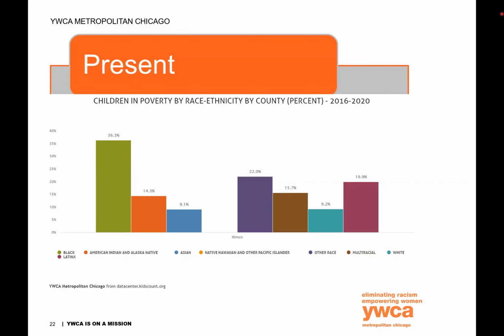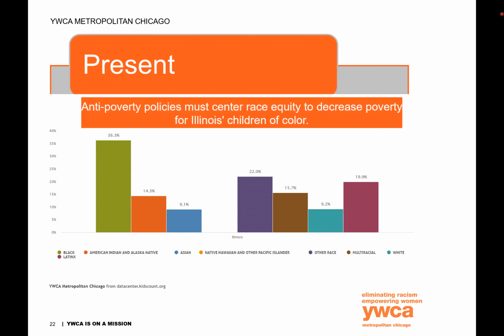Now in our example, instead of the data center provided title, let's adjust the title. Let's make it: anti-poverty policies must center race equity to decrease poverty for Illinois' children of color. The previous title only described the data on the bar chart, but this new title provides a call to action. Our title actually uses data in the chart to highlight the issue, which is racial disparities for child poverty rates. And the title gives direction to our audience on how to create a solution that is equitable for Illinois' children